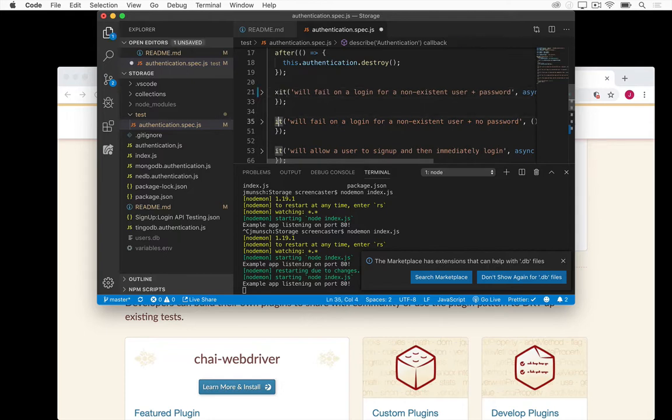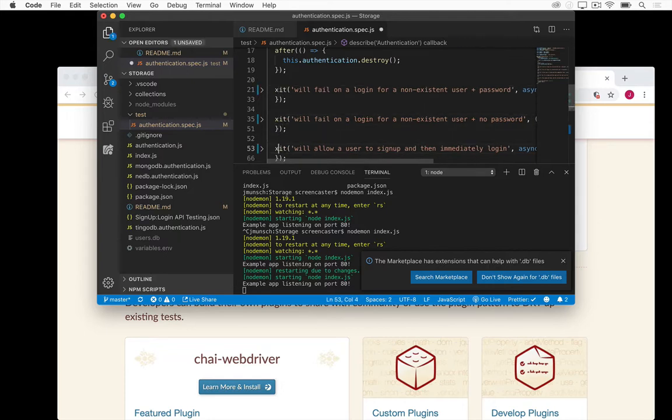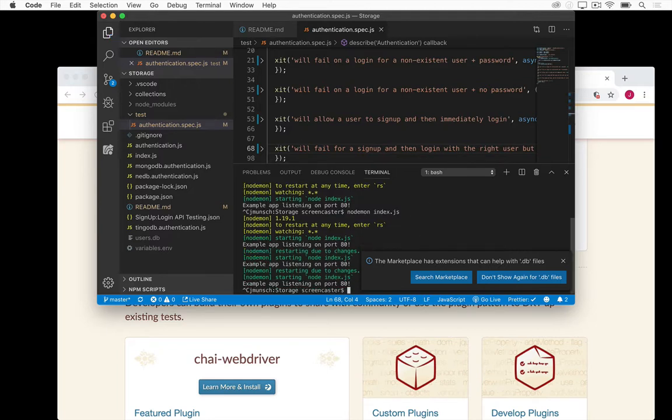We're going to put X in front of each of these tests, which tells it not to run those tests. And I don't think we need the server running anymore, because we're not going to be demonstrating that today. That is for a later video. So now if we do npm test